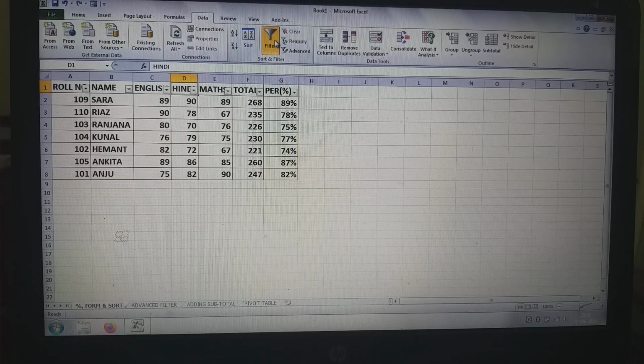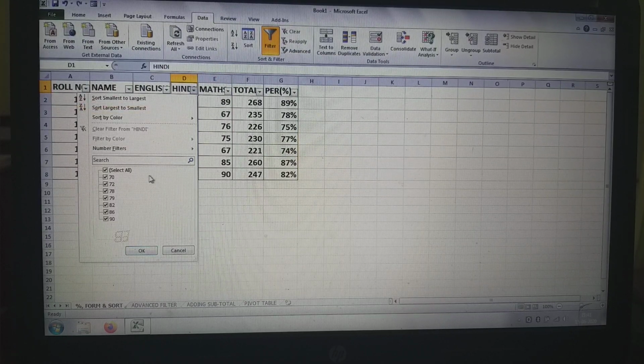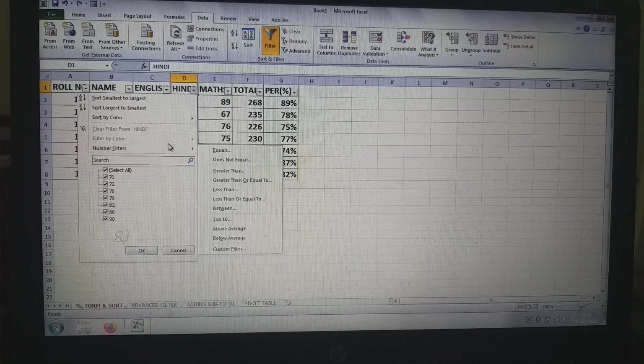Again you do filter. Now see, number filters. Click on number filters and give any condition.